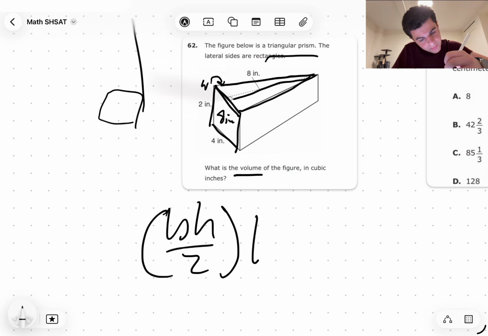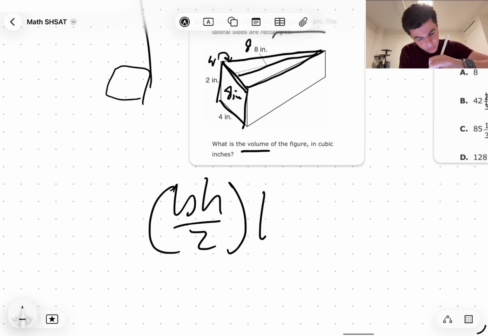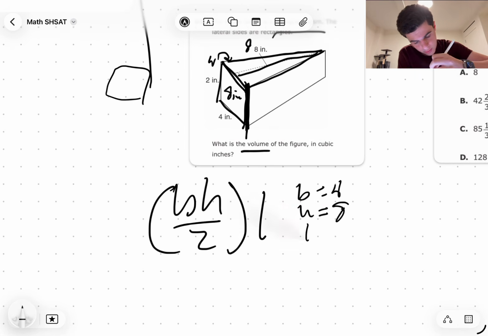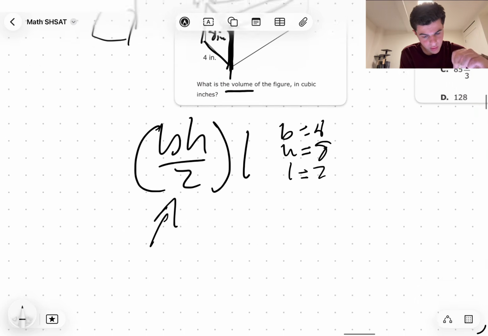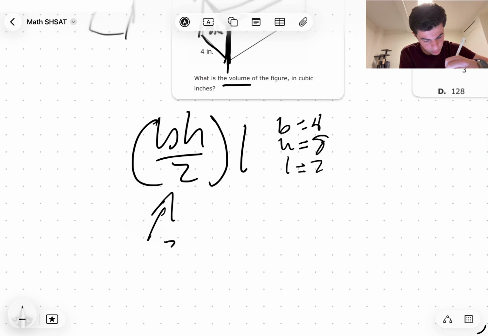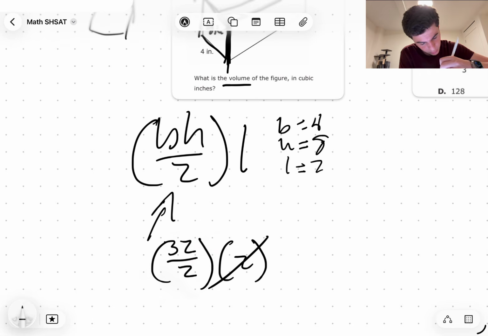This is 8. So our B, we can say, is 4. Our H is going to be 8. And our L, which is this part right here, will be 2. So plugging that into this formula, B times H is going to be 32 over 2, right? Times 2. And we are left with 32 inches